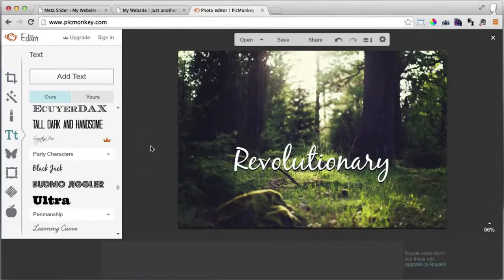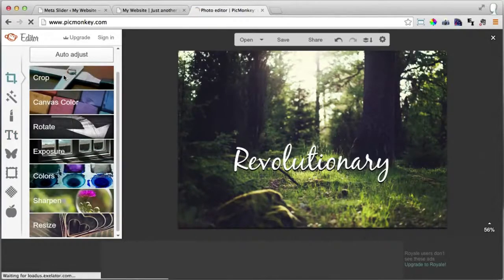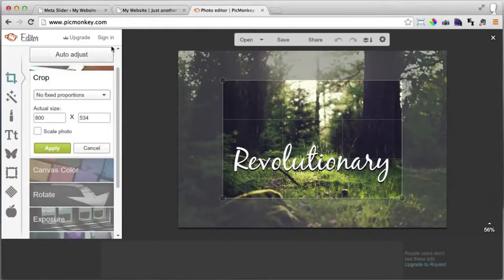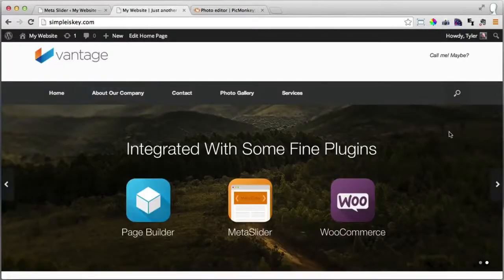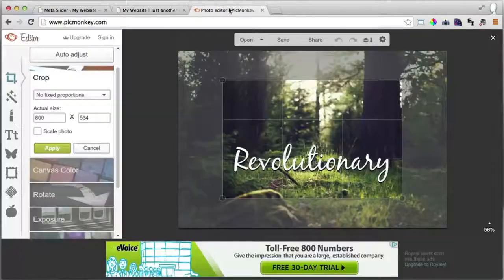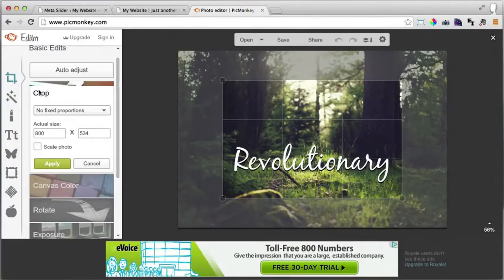So now what we're going to do is we're going to actually crop the image one more time. So click on the crop basic edits button and press crop. Because this image right here is exactly 1080 pixels wide by 420 pixels tall, we want our image to be 1080 by 420. So what we can do here, after we click on this and then click on crop,